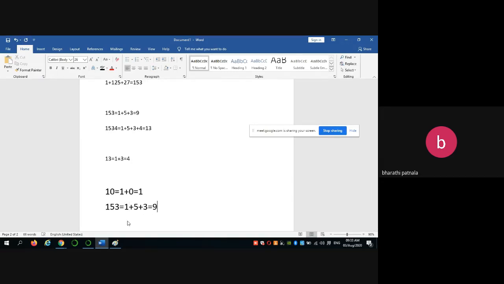If I am doing the same thing for another number, so that is 1 plus 5 plus 3 plus 4, it gives the resultant value as 13. Then I am doing the same thing, so 1 plus 3 is equal to 4.